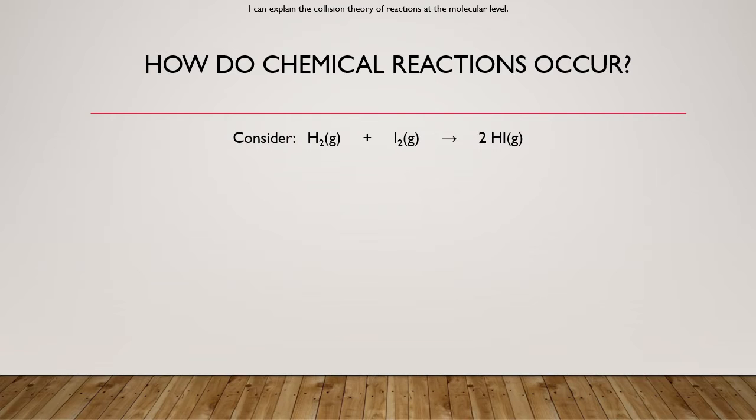Well, let's consider a simple reaction where we have hydrogen gas reacting with iodine gas to form hydrogen iodide. And notice the balancing of the equation here. We need two hydrogen iodide molecules to form from one hydrogen and one iodine molecule, because those are diatomic, hydrogen and iodine. If we were to draw some sort of sketch of these molecules, that might look something like this,